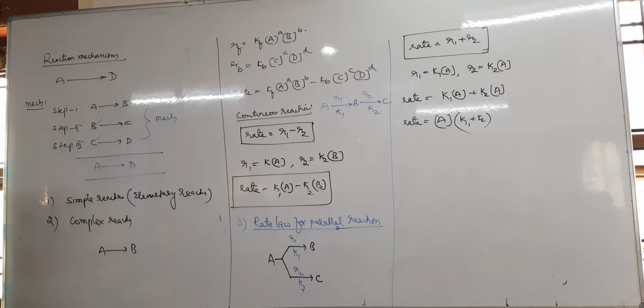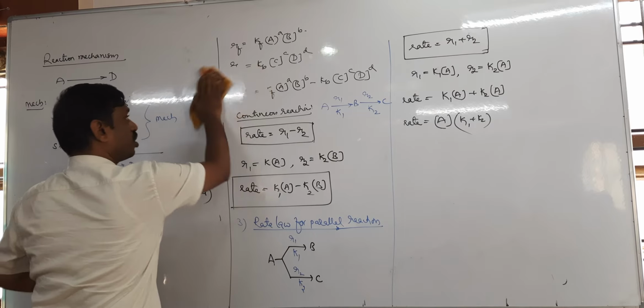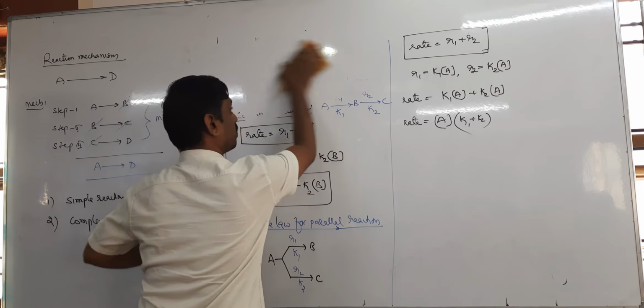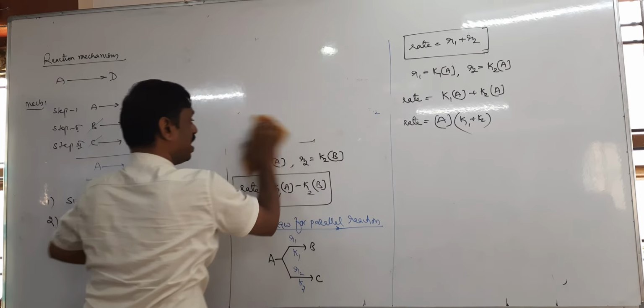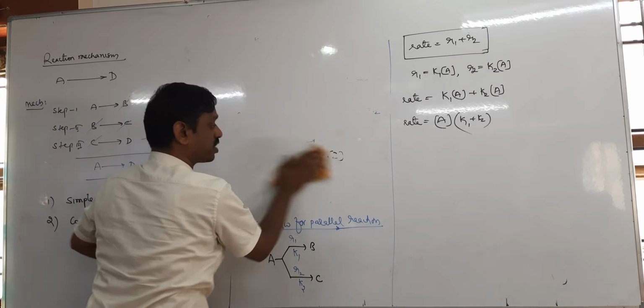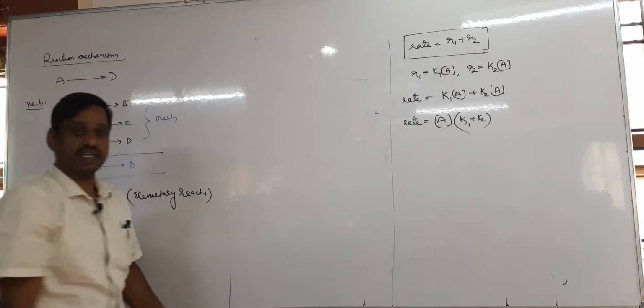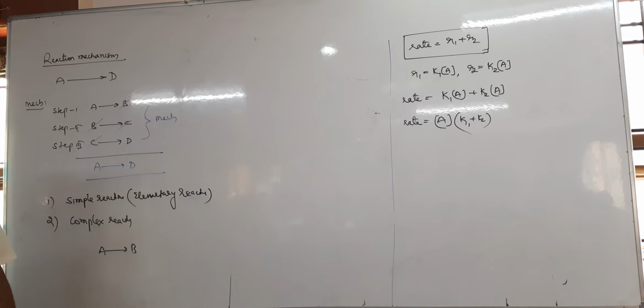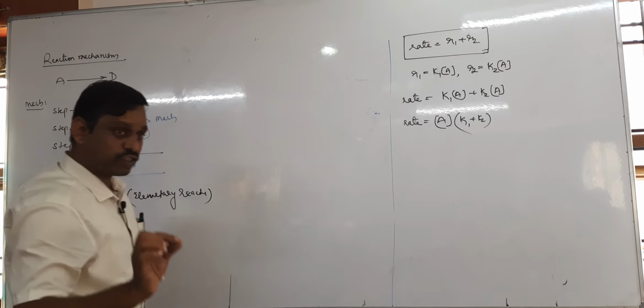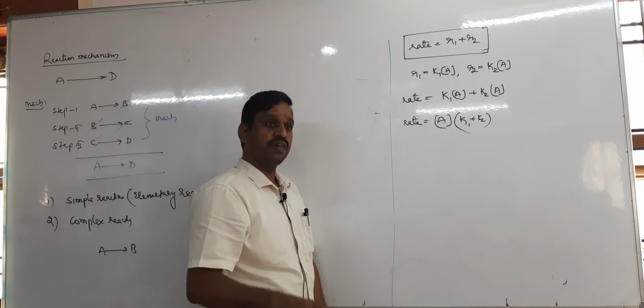Okay. So therefore, next is complex reaction. So what are complex reactions? The reaction which takes place in more than one step, right? See, the reaction which takes place in more than one step, it may be 2, 3, 4. Such reactions are called what? Complex reactions. But the important point of complex reaction is, if the reaction takes place in more than one step, only